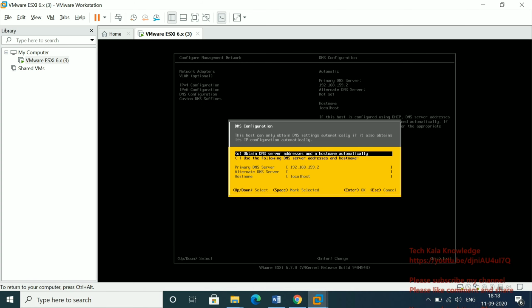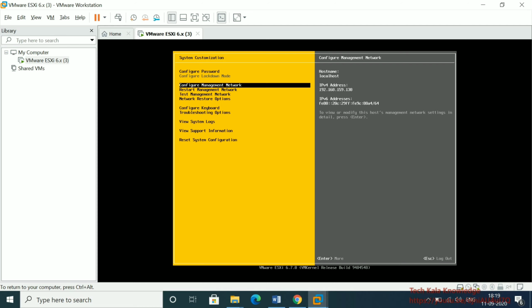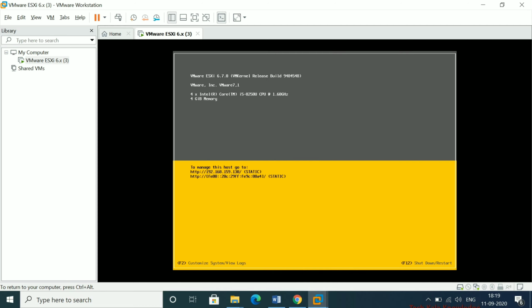Yeah. Now what you have to do? Now you have to come out from this window. Press the escape button. It's asking, do you want to save what you changed? Yes. Yeah. Now again you have to press the escape button to log out of this window. Now we log out. Now what you have to do?